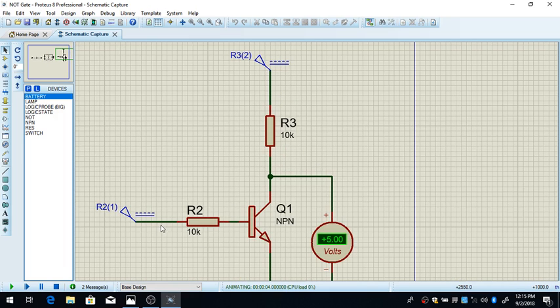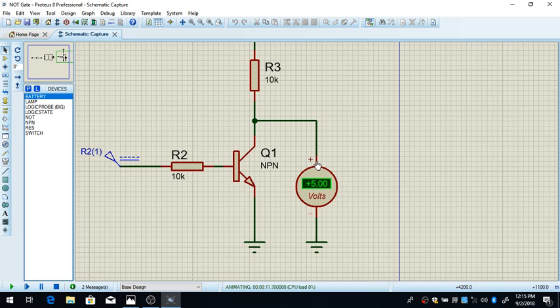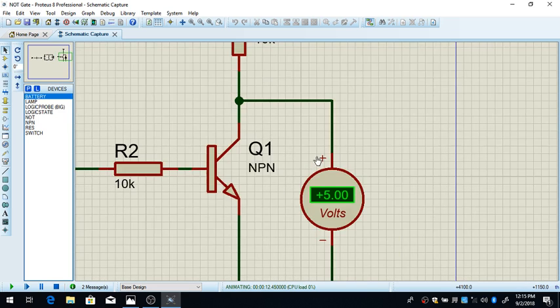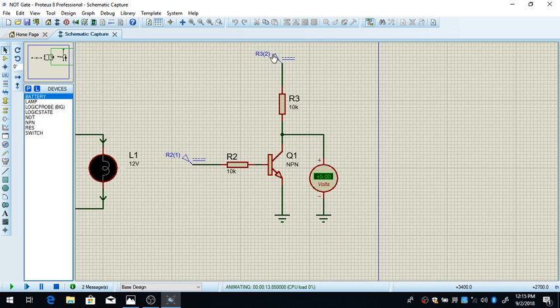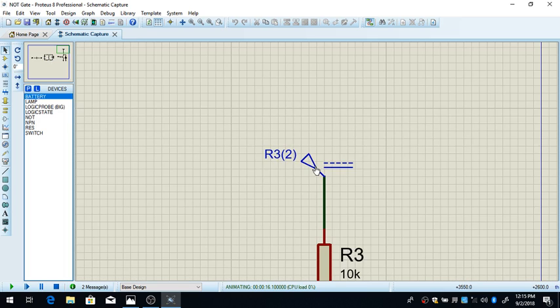So when there is no current going into the base of the NPN transistor, the transistor will block the current from going to the collector through the emitter, and here we will have the 5 volt output. That's the same amount of output as here on this power source